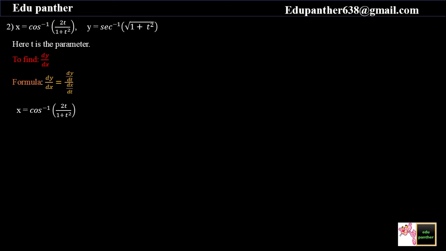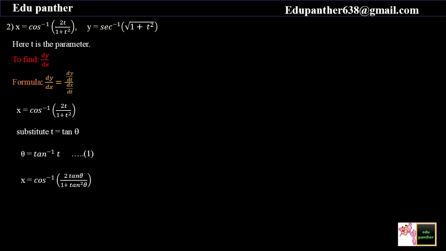So as you can notice here, in the denominator it's 1 plus t square. So for such situations, what substitution we are going to use here? Just pause your video and write your answer in comment. Okay. So here substitution will be t is equals to tan theta. Okay, now what will be value of theta here? Tan inverse of t. So we'll use this substitution for our differentiation process here. So this is our equation number 1.